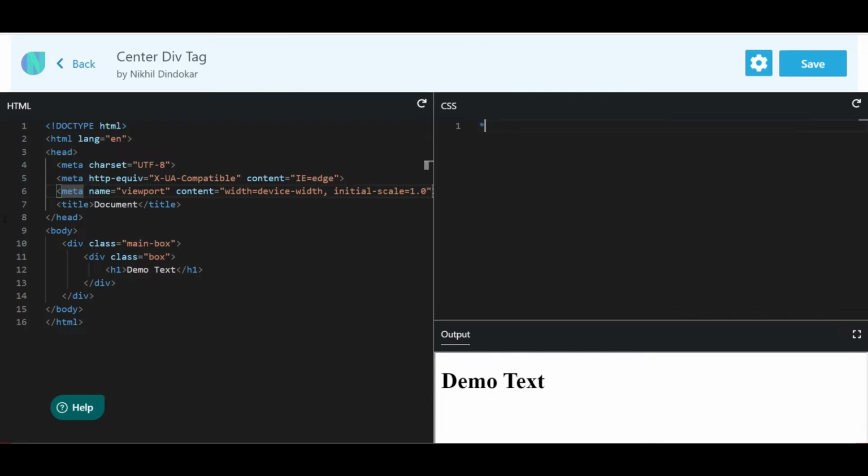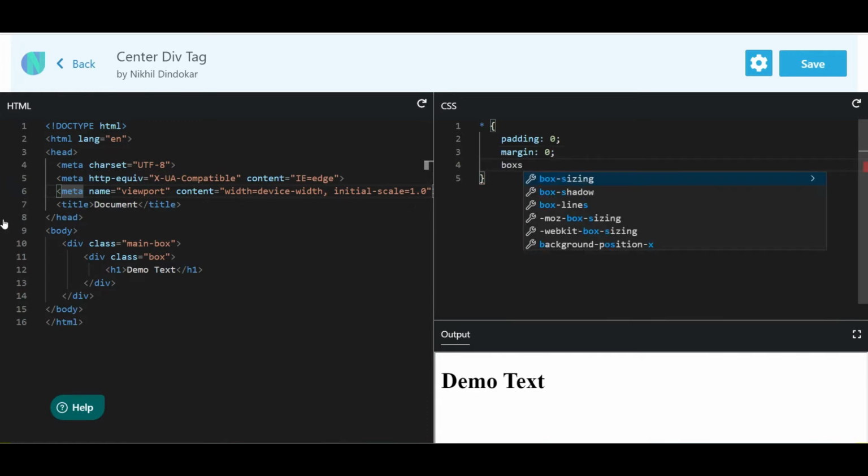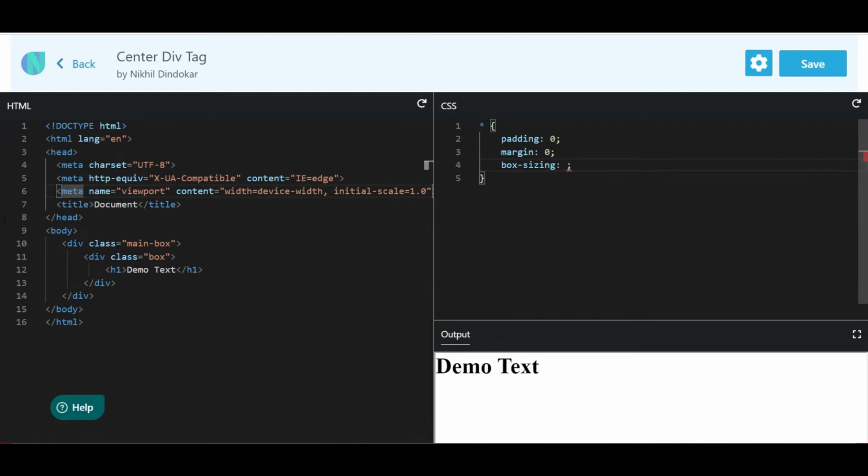Now we will add our universal selector, and we will make the padding 0 and also margin 0, and for box sizing we will give border-box. You can see that nothing has happened till now.